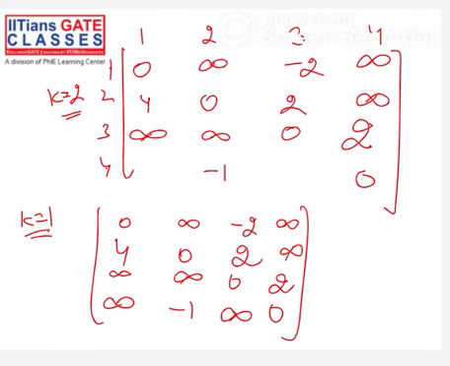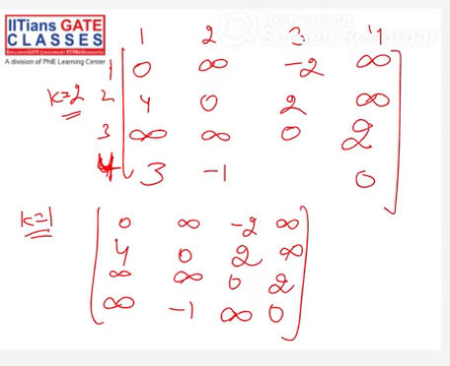Alright, so now 4 to 1. 4 to 1 is what? 4 to 2. 4 to 2 is -1. Yeah, this will change. 4 to 2 and 2 to 1. Okay, 4 to 2 is -1 and 2 to 1 is what? 2 to 1 is 4. So -1 plus 4 is 3. So 4 to 2 and 2 to 1. Okay, so 4 to 1, this is the shortcut, 3 is the value.